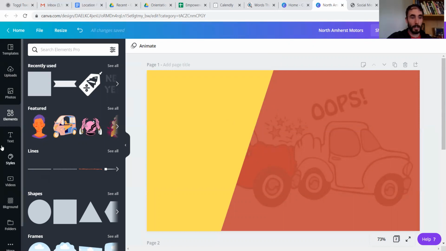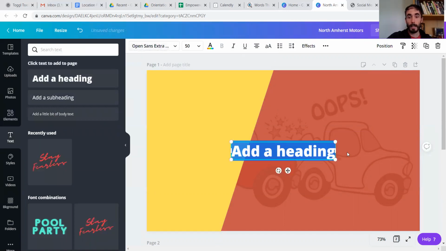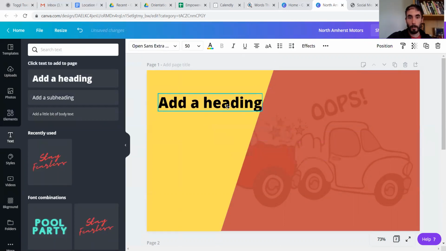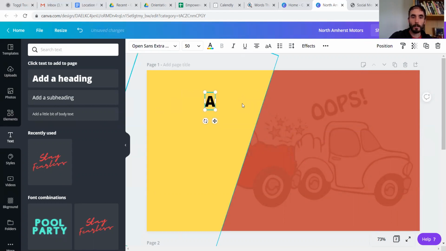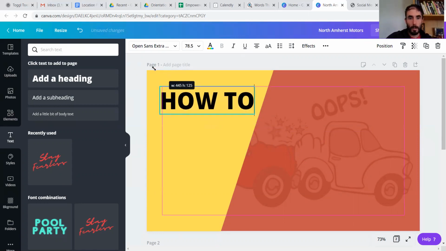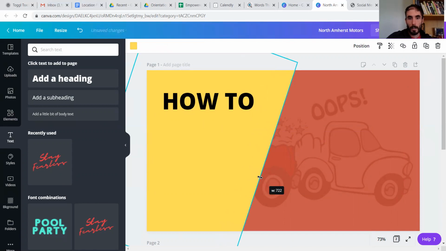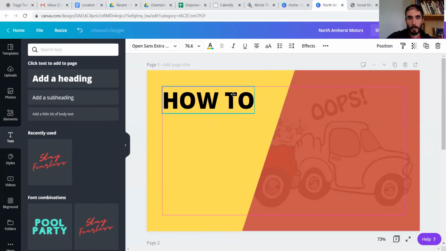Now we got to think of our title for it. So we can grab heading. I love the Open Sans Extra. I use it on pretty much everything. How to, I'm going to open it up. This is all caps that I'm using right now. Using it big, making it big. As I'm doing things, I'm adjusting my sizing. Great. How to,